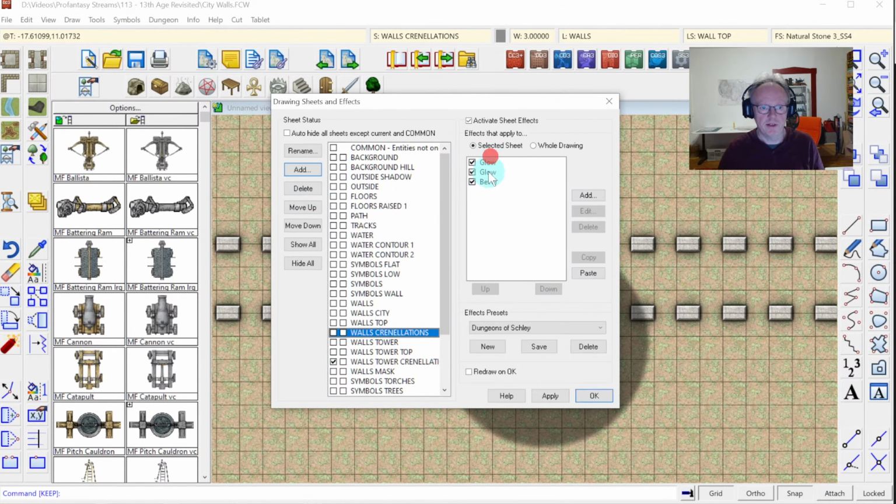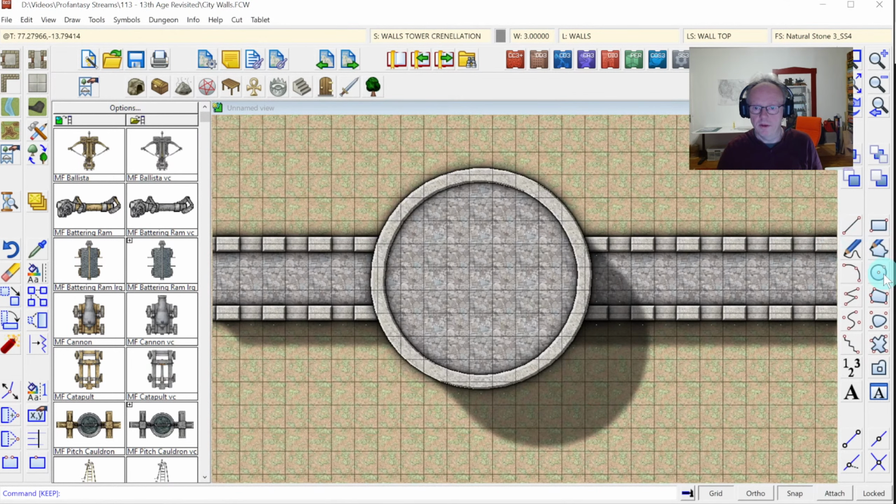Grab the sheet effects and paste them on here, and then draw the circle again, same thing on top of the previous one, and there are my